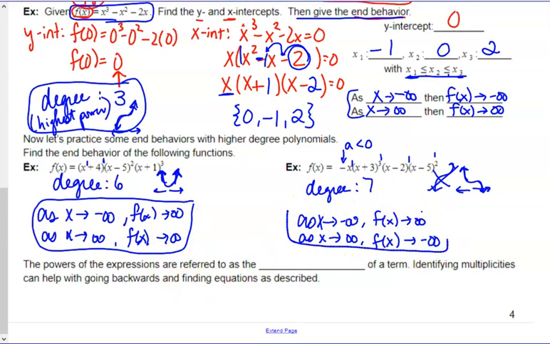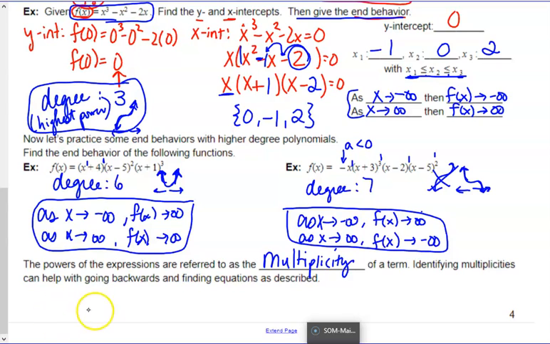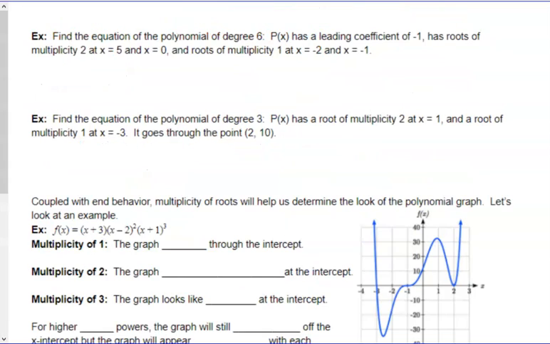Okay? All right, very good. And the last piece here kind of puts this together with all these powers that I have on these problems. Those powers are what we refer to as the multiplicity of a term. How many times it is multiplied together is another way to think of it, okay? The multiplicity of a term identifies basically the power, how many times it occurs, and this is going to be helpful when we are going to problems that look like such on your next piece of paper